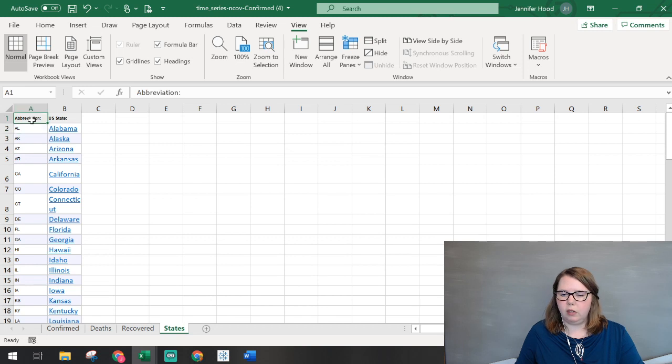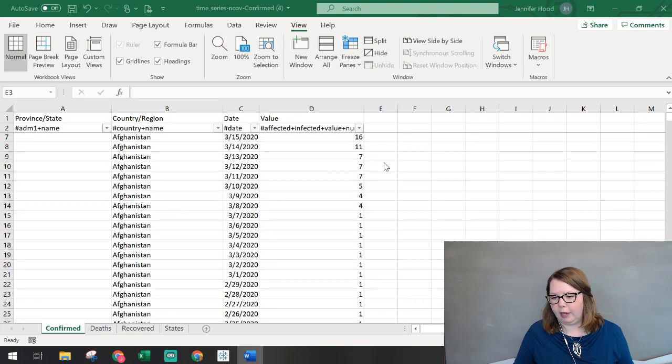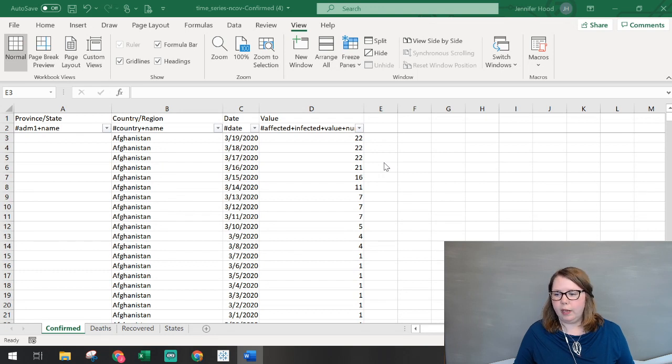Because we're going to use a VLOOKUP as our formula, and it wants to see the thing it's looking up and then the thing to bring back. So the first column that it's looking at is going to be the reference column that it's going to use. So now we're ready to start doing a little bit of looking up. This can take many different forms of complication. I ended up with a pretty big nested statement to use here. So let's work on building that.